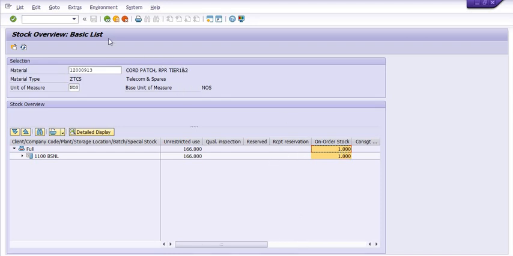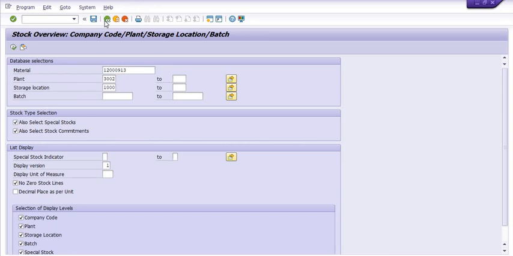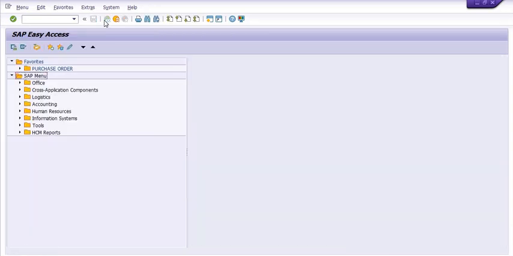So this is all about how you can get the detailed overview of your stock present in your warehouse. MB51 is the actual goods receipt and goods issue status with the detailed document numbers, posting date, movement types and all.